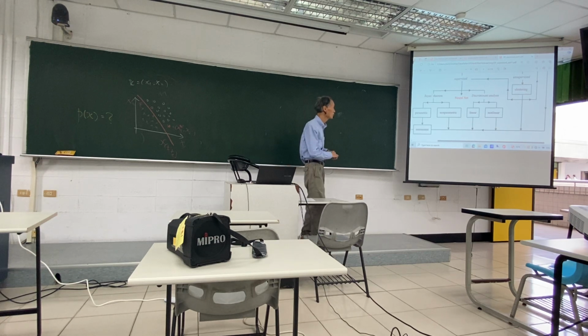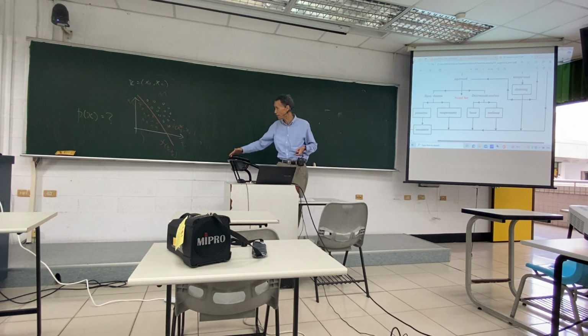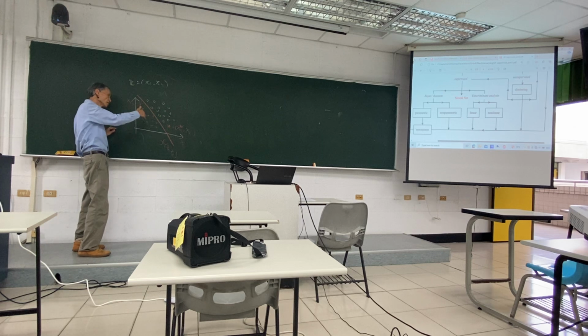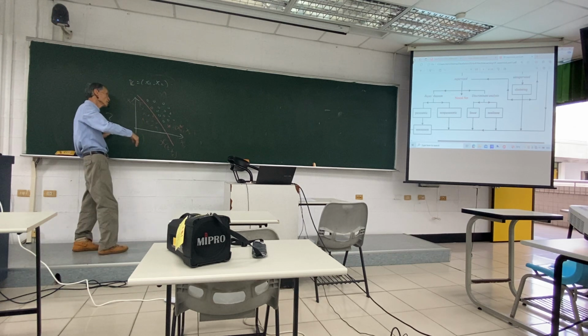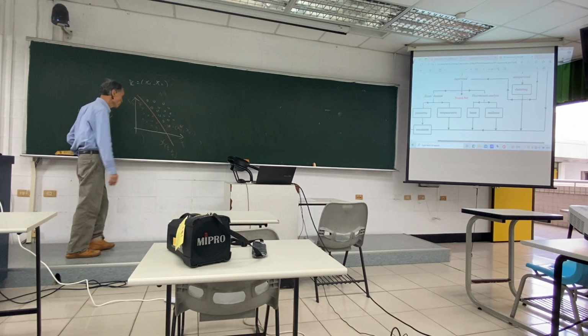Okay, let's get back to the discriminant analysis. It could be linear, just like this example. You find a linear function, and you can separate the sample into class 1 or class 2, or male object or female object. But